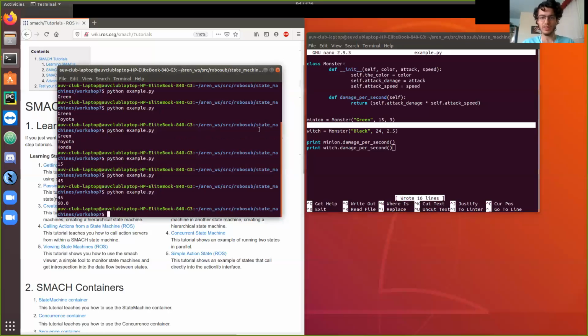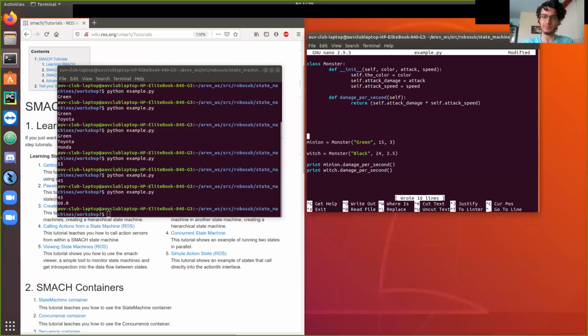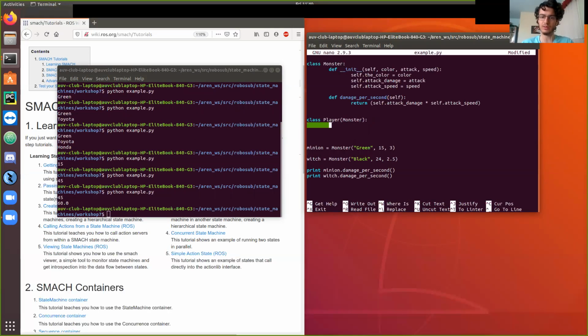We have a little bit of time. I think I'll go into this real quick. Since I made this class named Monster, I can actually make another class, and I can name this one, let's go with player. And I can say that this player is based off of monster. So this here is based off of this up here. And then I can say the same thing before, define init